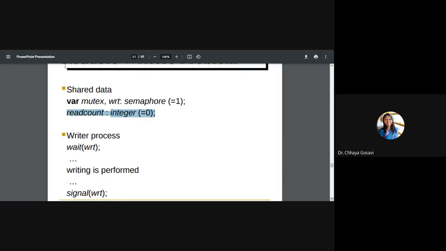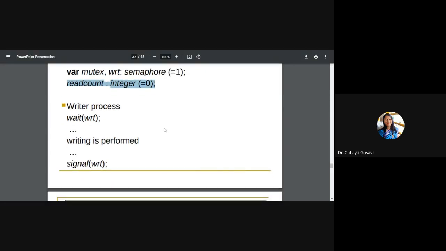So the writer process is simple. The writer process waits on WRT, which is a binary semaphore. Suppose this is a file, which is a critical section.